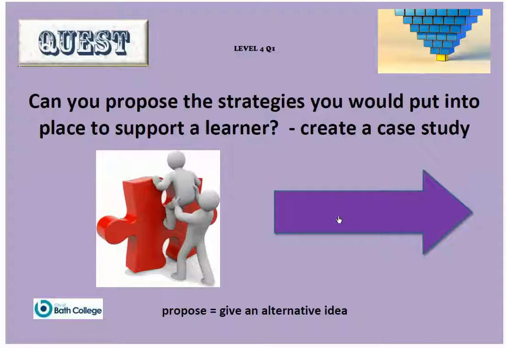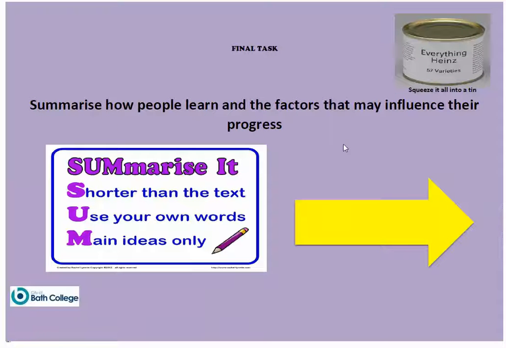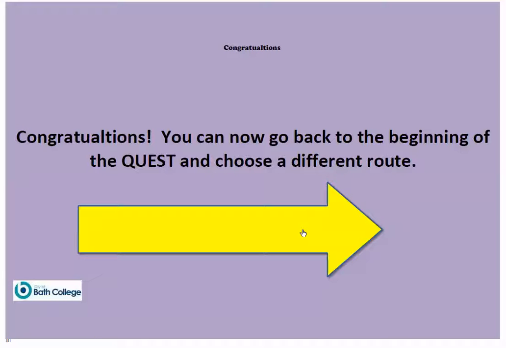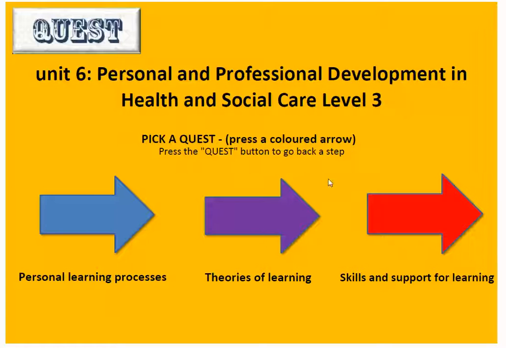and after level 4 we have a final task, which in this case is summarize everything that they've learned so far by going through that quest. So everything, all 57 varieties. They then click this button, they get a little congratulations to say you finished, and it takes you back to the beginning. Now of course they can choose the same blue route if they want to talk about more personal